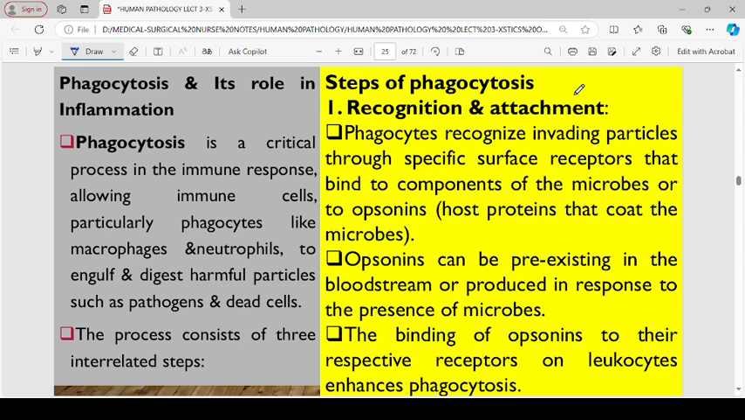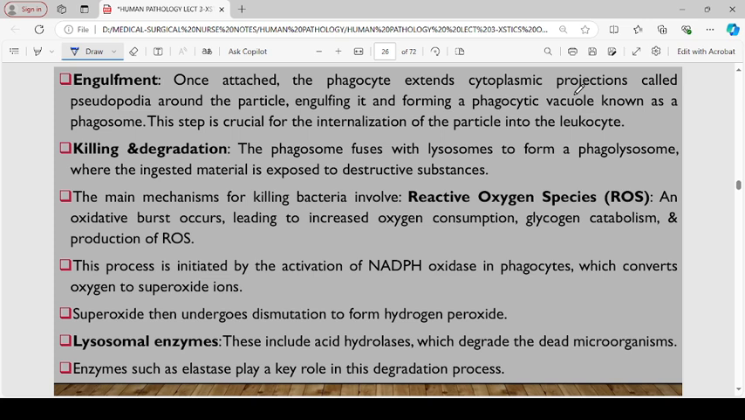So the process consists of three interrelated steps. The first one is recognition and attachment. Phagocytes normally recognize invading particles through specific surface receptors that bind to components of the microbes or the opsonins. Opsonins are host proteins that coat the microbes. These opsonins can be pre-existing in the bloodstream or produced in response to the presence of microbes. The binding of these opsonins to their respective receptors on the leukocyte normally enhances phagocytosis, then takes it to